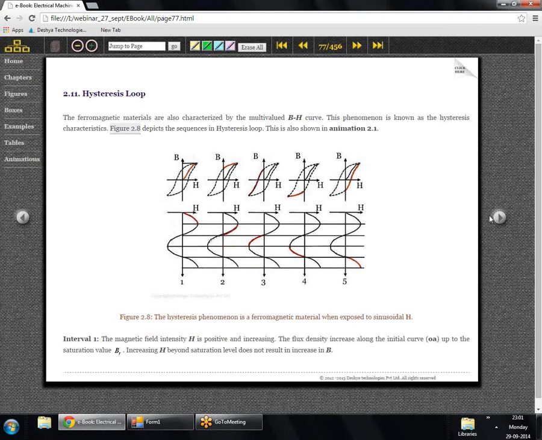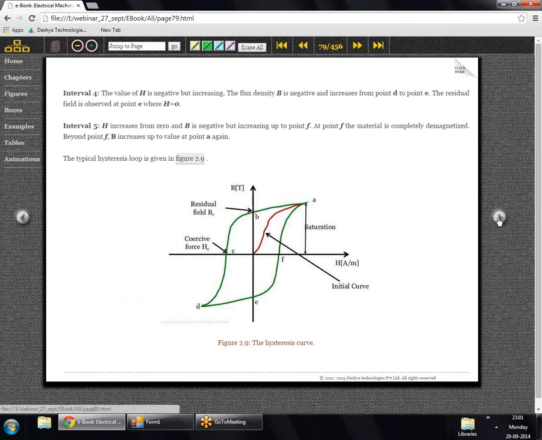Now one consequence of the hysteresis loop is that it creates losses, and these losses form one part of the core losses. We have read already in our electrical machines, we have core losses, and there are two types of core losses: the hysteresis losses and the eddy current losses. Now let's have a look at the